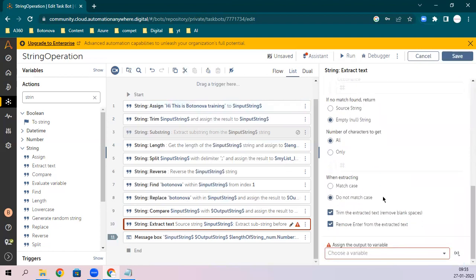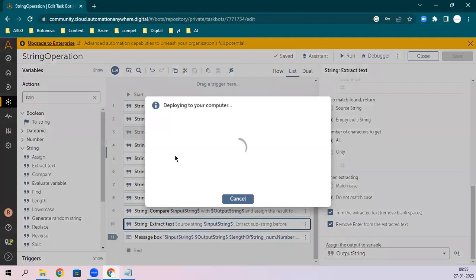Do not match case: I don't want to match casing, as I mentioned. Number of characters: get all the characters; there is also a length you can get. I want to get all, and assign the output to my output string. It will give you Botanova. Let's try.